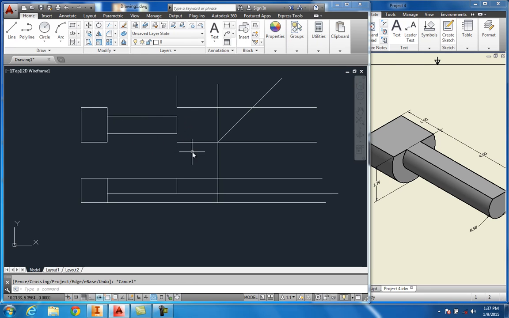So far this is what we've got for the top and the front view. I'm going to go ahead and transfer some stuff over, and that is this line here, so I can go ahead and grab it where that crosses and bring it down just like that. I can also from this point to this point bring that line down,